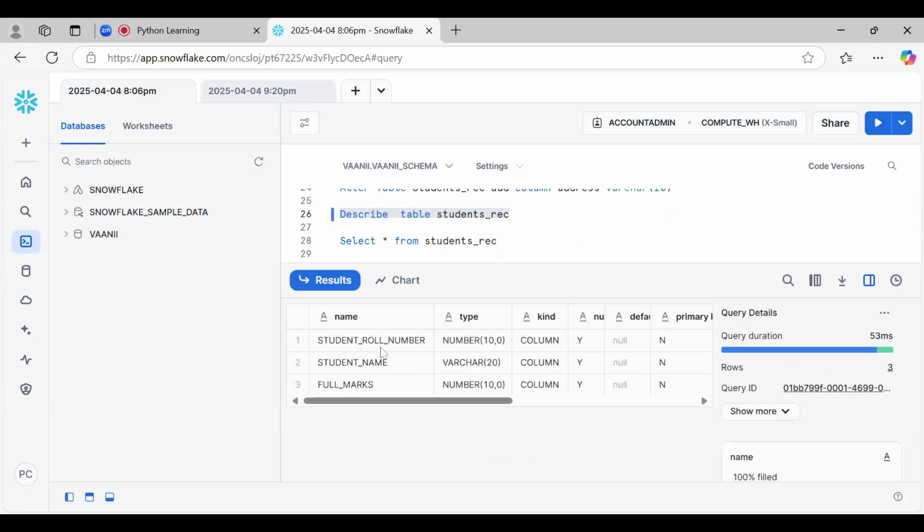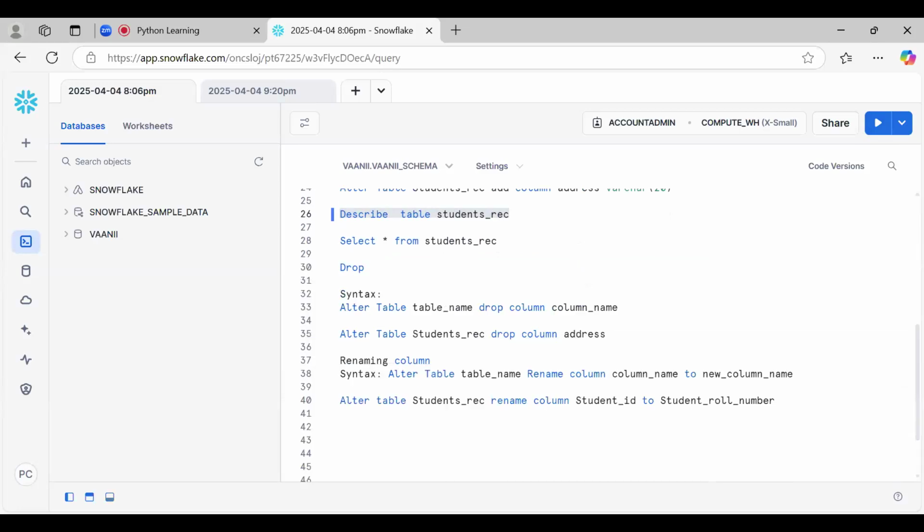So this is how we rename the table columns. Now one more is left: we can also change the data type.